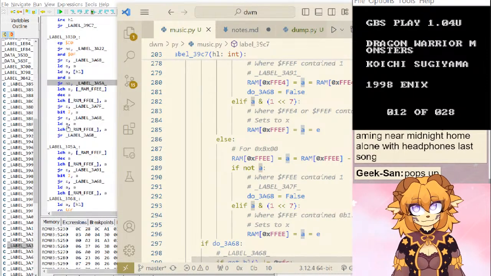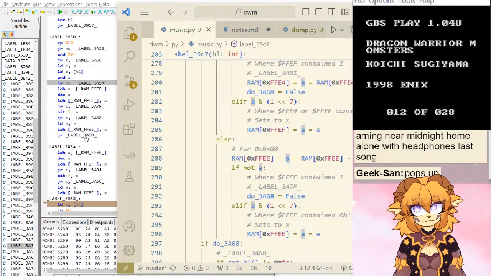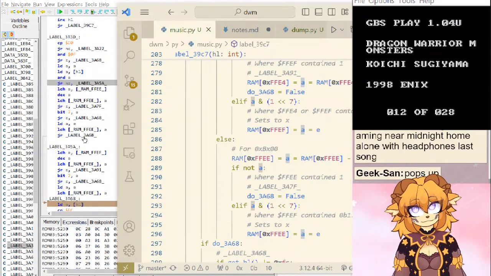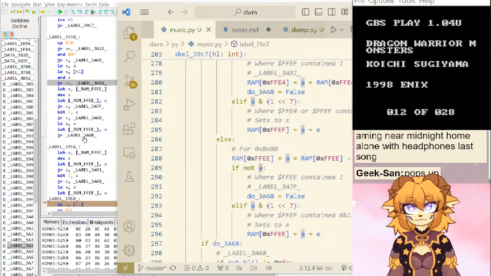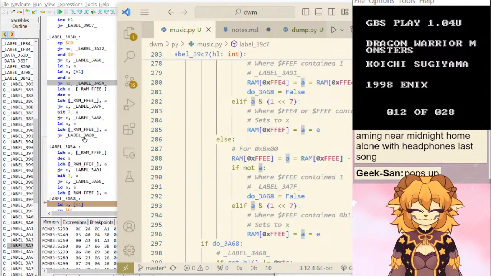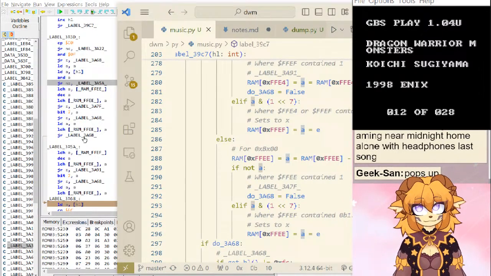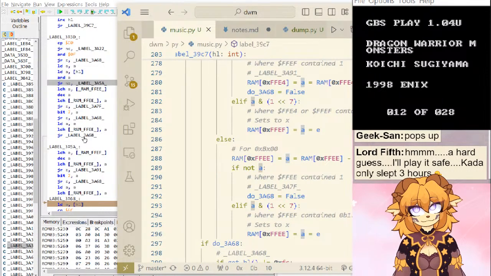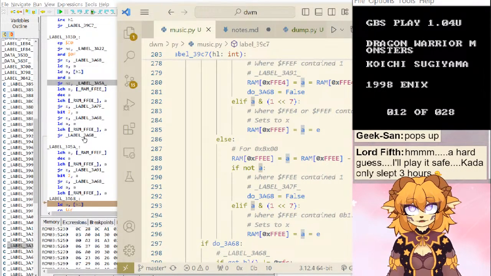Otherwise, it does this where we grab the E, assign it to FE, and then jumps to 3A 6A. No increments. Weird. I wonder if 0 is just like a do nothing. Maybe that's fine then. Hard guess. I'll play it safe.